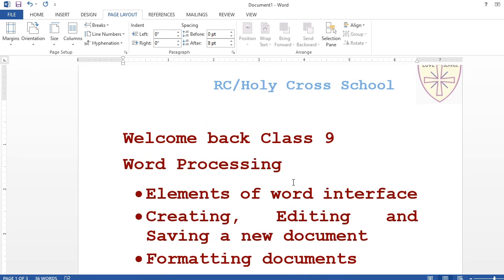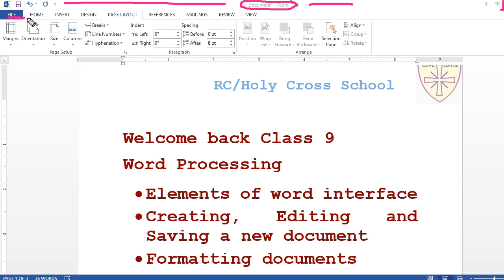Before starting, first you see what the interface is about. Everything here is known as the interface of MS Word. As you know, this is known as the title bar, and the title of your document is written here. Here you have the cross, maximize, and minimize buttons. Nowadays it also comes with a sign in option. Connect it to Microsoft and you will get your regular updates.